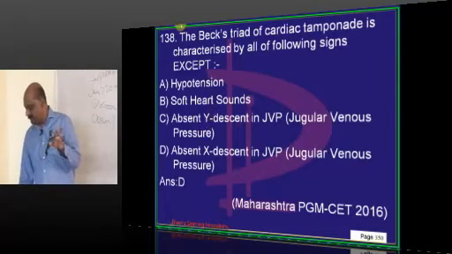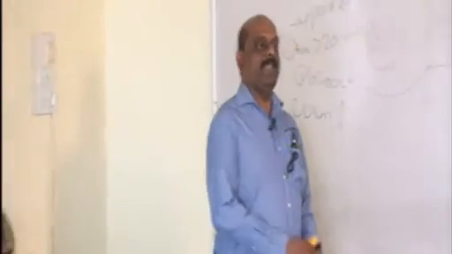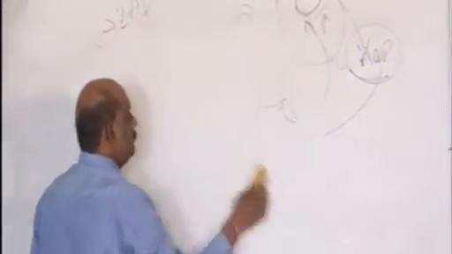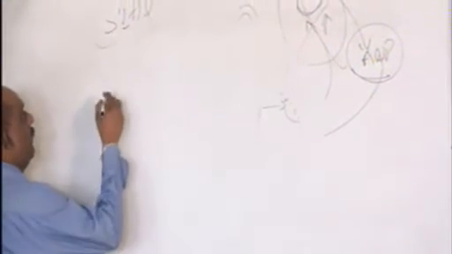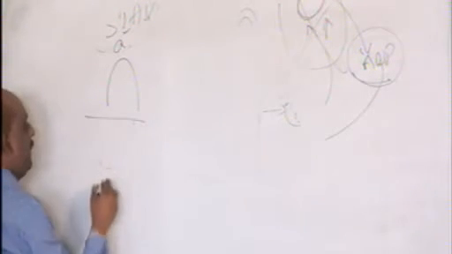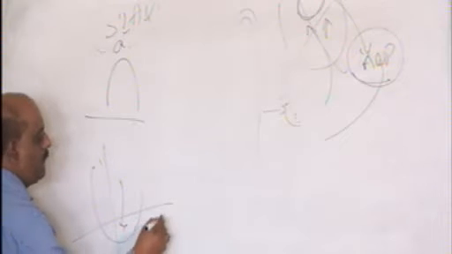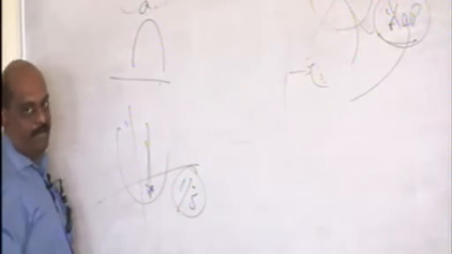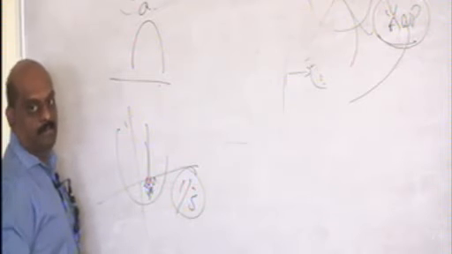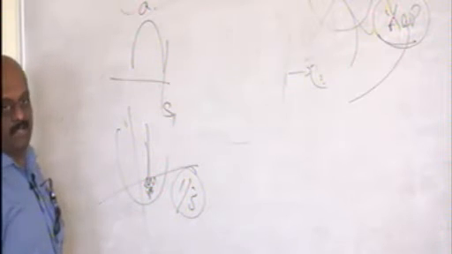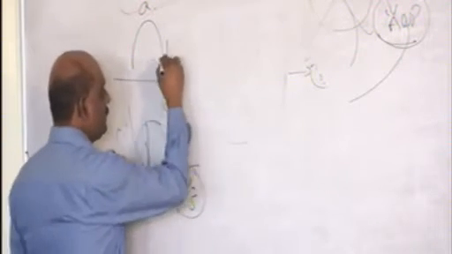तो स्टिल मौका मिल गया, 2 मिनट बात करेंगे JVP के बारे में in cardiac tamponade. Give me the board please. Atrium contracts. What do you get? A wave. When atrium is contracting, what is ventricle doing? Last one third of diastole, it is getting filled. After the A wave is over, ventricle got fully filled. Tricuspid valve closes, and what do you get basically? End of this, first heart sound. Then atrium relaxes, that leads to X descent,